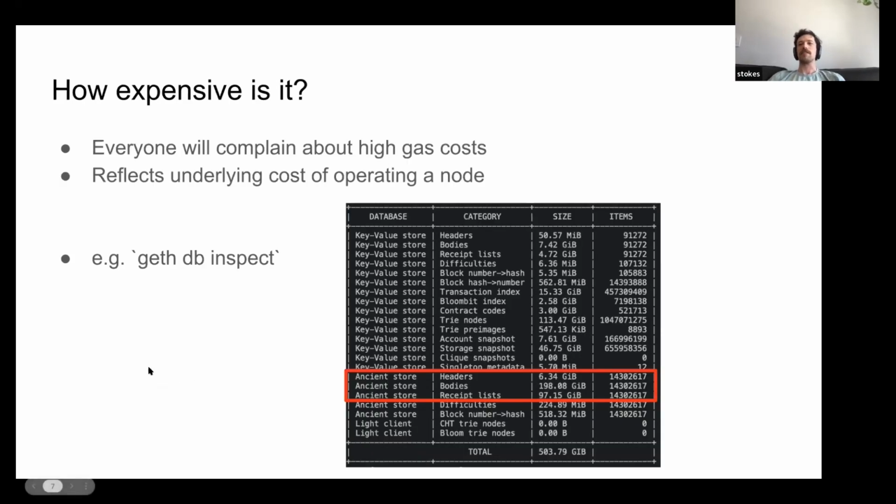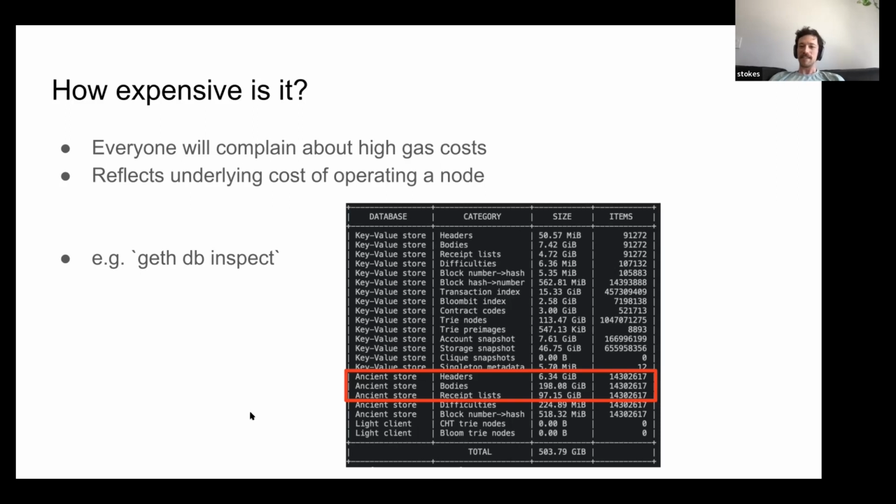So if it has a cost, we can say, well, how expensive? And ultimately that's a relative question, but a lot of it is that everyone comes to the protocol, they try to interact with it, they try to do a token swap, like I was just talking about, and they're like, oh, the gas costs are so high, why is this? Well, this reflects the cost of operating a node, right? So if it were somehow radically cheaper to operate a node, then with the same security parameters that we operate the protocol with today, essentially the gas cost would be much less, in some unit you care about.